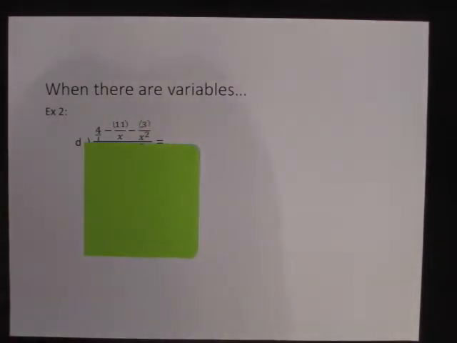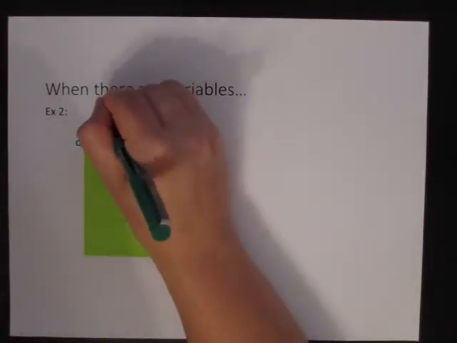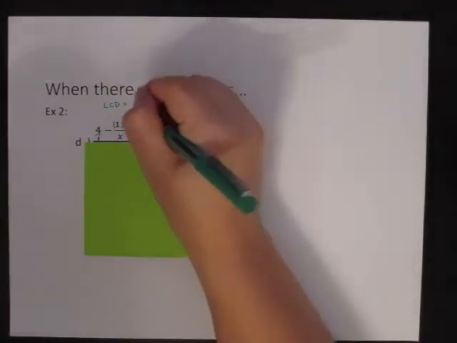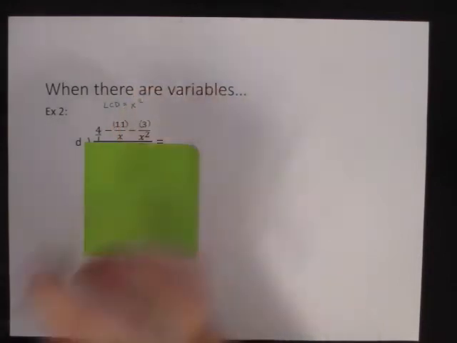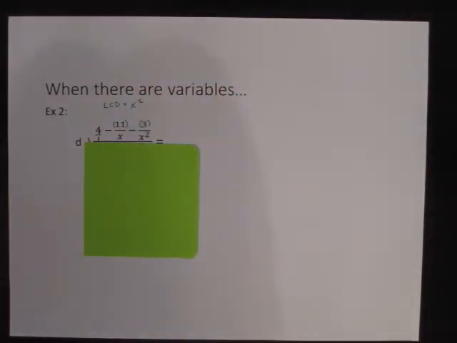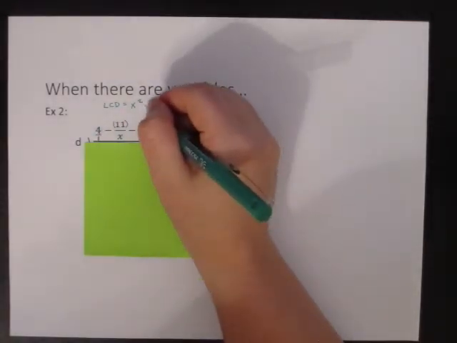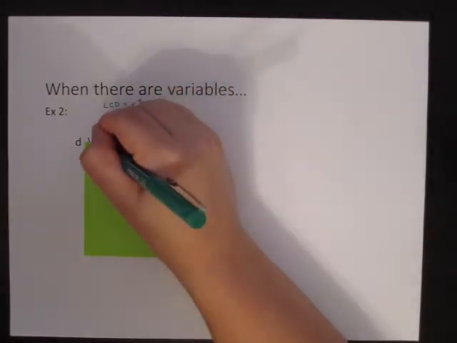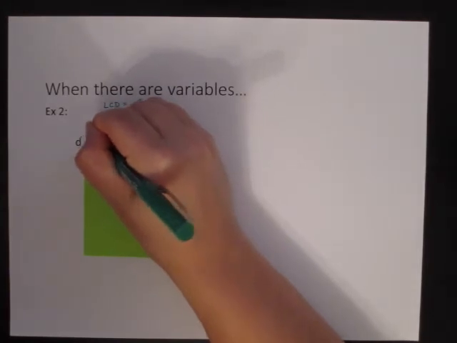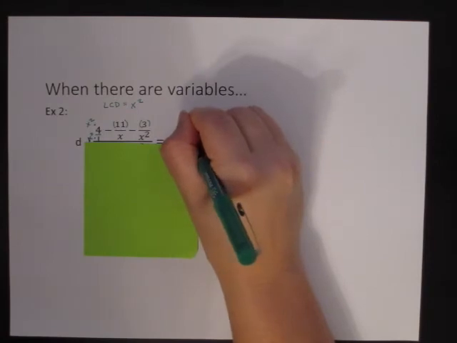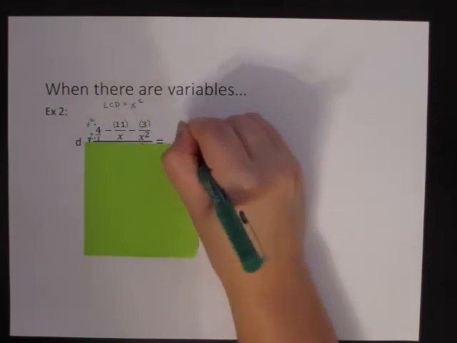So, first thing I notice, I've got 3 things that I'm dealing with, but none of the denominators are the same, so I have to find my LCD. And my LCD for 1, x, and x squared is just going to be x squared. Okay, so the next thing I've got to do is take each individual denominator and match it with my LCD. So for the first one, I have to multiply it by x squared. What I do to the bottom, I have to do to the top, so I have 4x squared over LCD